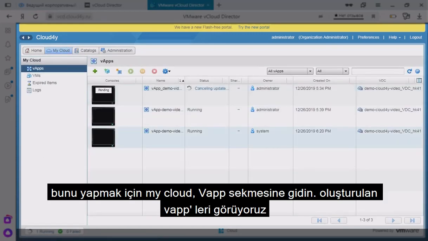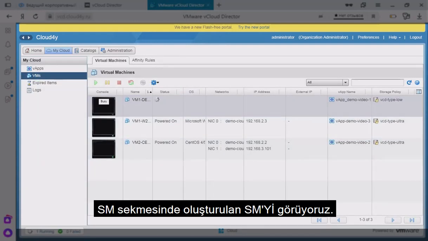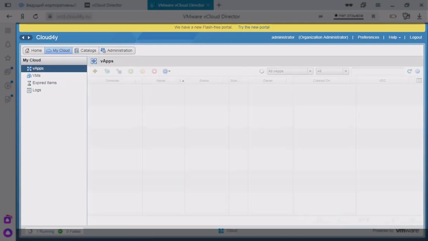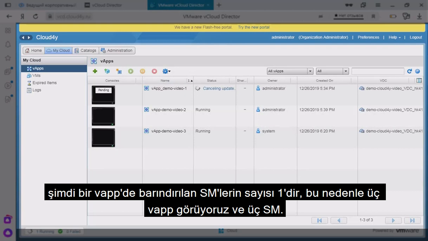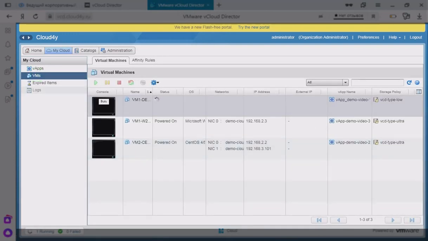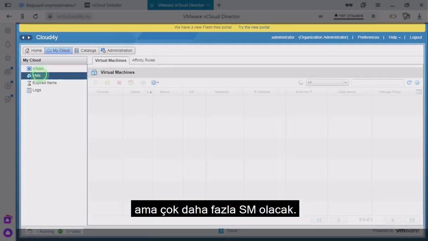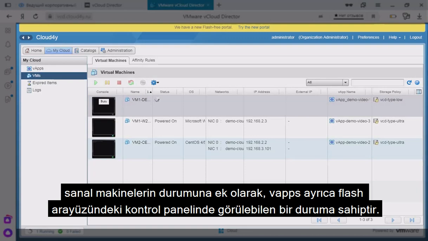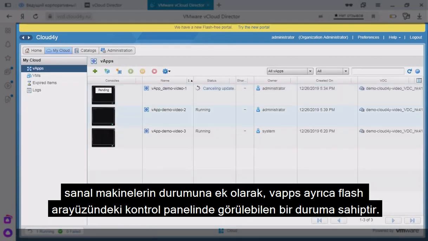To do this, go to the tab My Cloud, then vApp. We see the created VMs. On the VM tab, we see the created VM. Now, the number of VMs hosted in one vApp is 1. Therefore, we see 3 vApps and 3 VMs. But there may be a situation when we have 1 or 2 vApps and there will be a lot more VMs. In addition to the status of virtual machines, vApps also have a status which can be seen in the